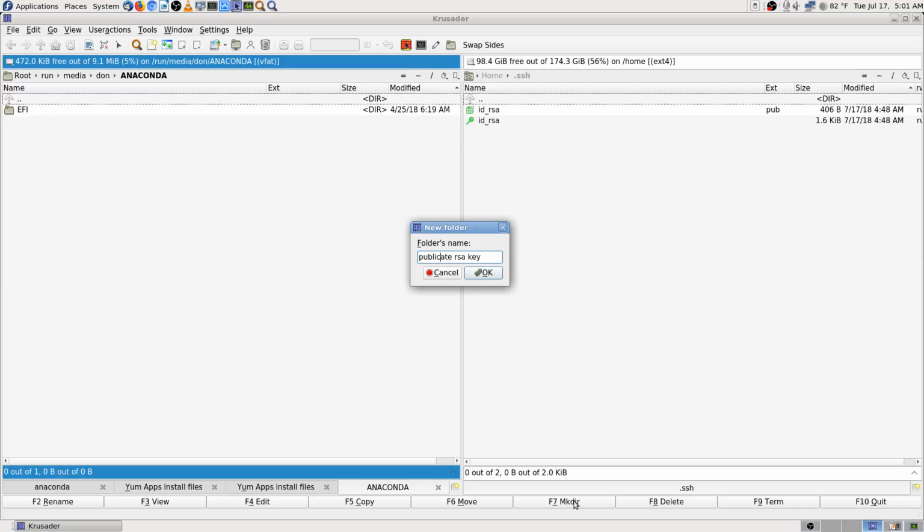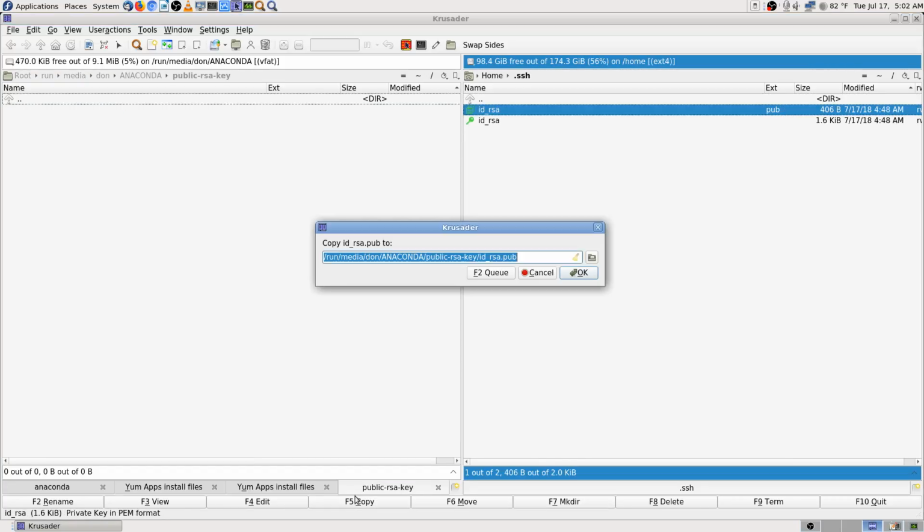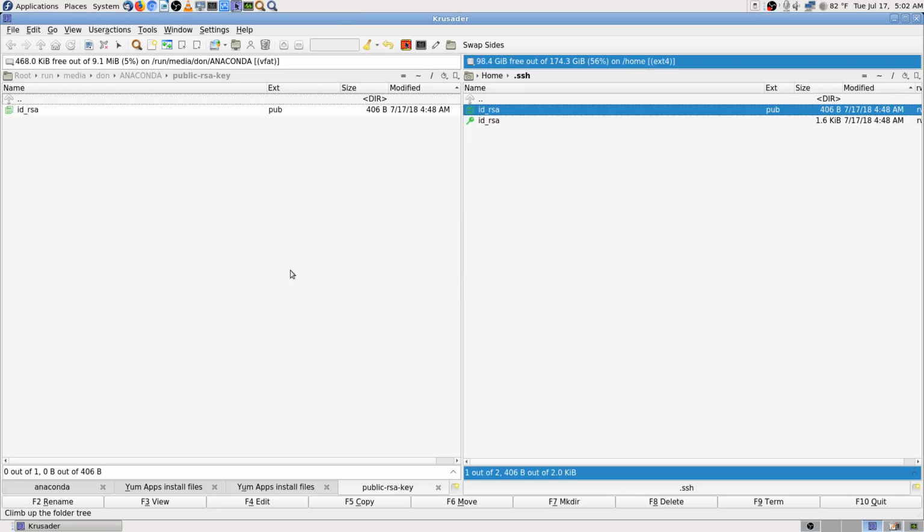Public key. I'm going to call it public RSA key. I'll make me a folder. Even making a folder might be too much. Okay, I was allowed to do that. So now I want my public key. So even if I get this one and put it into the server, I can at least log into here from the server, assuming I still have an SSH